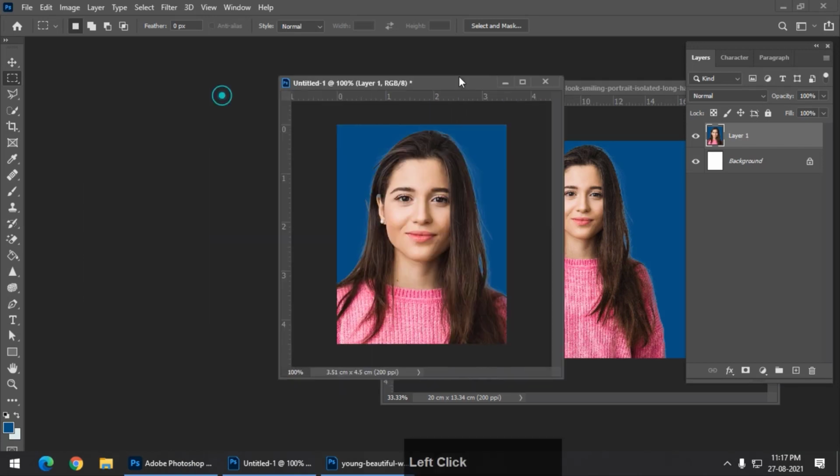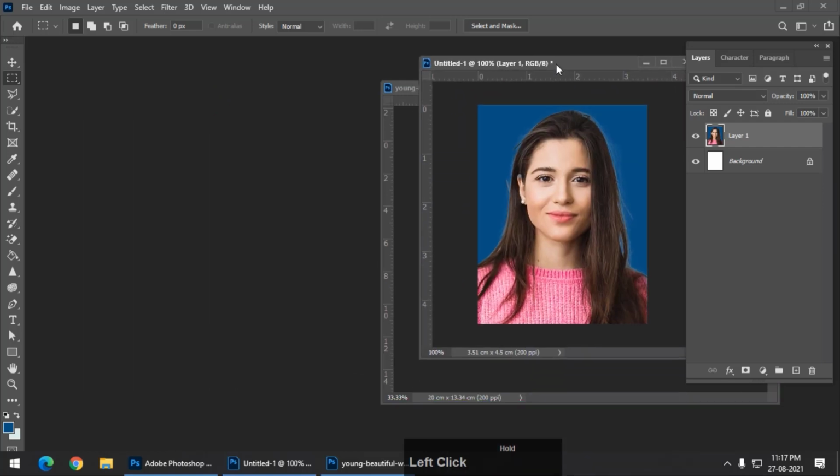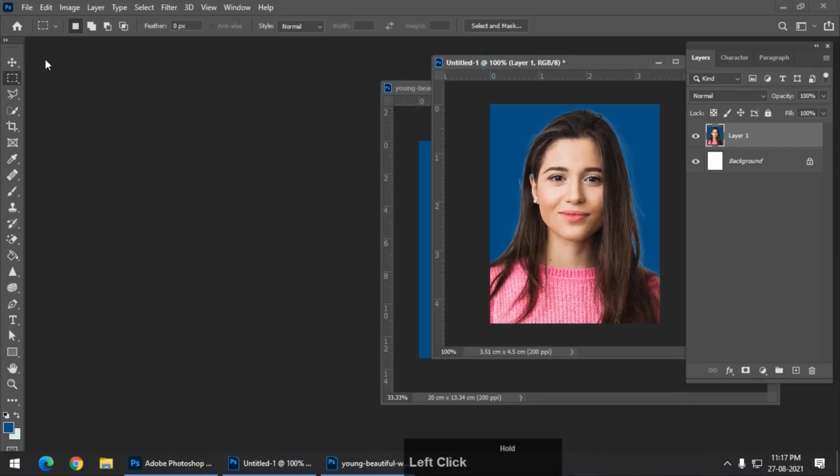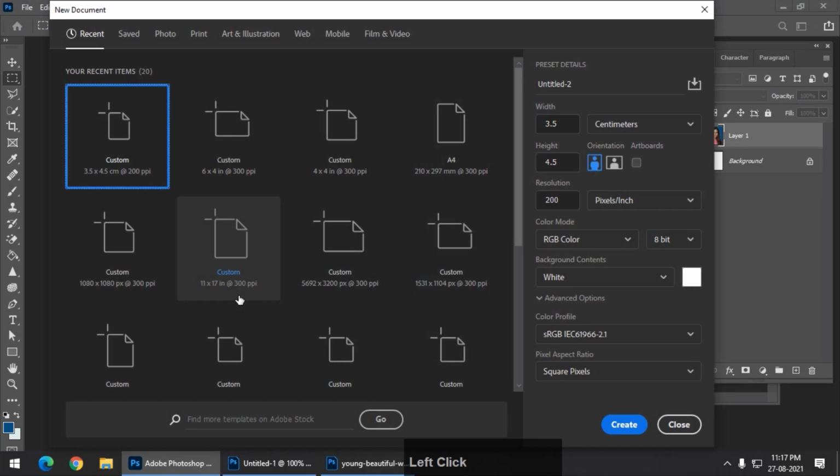Now if you want to print this particular photo, then in India the general size for photo printing is 6 by 4 inches, 6 inches width and 4 inches height.